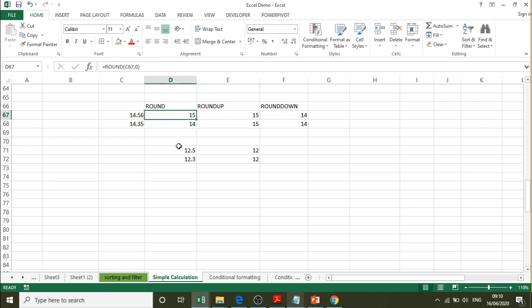So the ROUND function, based on whether it is greater than 0.5 or less than 0.5, will round off to the next number or previous number. So that is how the functions ROUNDUP and ROUNDDOWN will work. This is the difference between the ROUND function, ROUNDUP function and ROUNDDOWN function. Based on the requirements, we will be using whichever we want. Based on the problems, we have to decide which one is appropriate and which one we have to make use of.